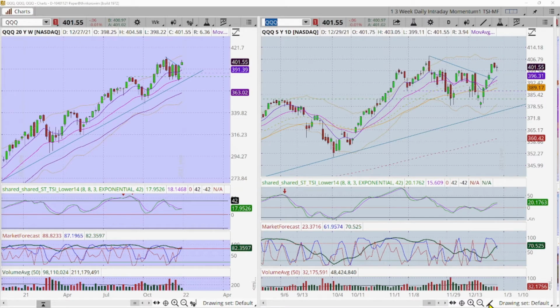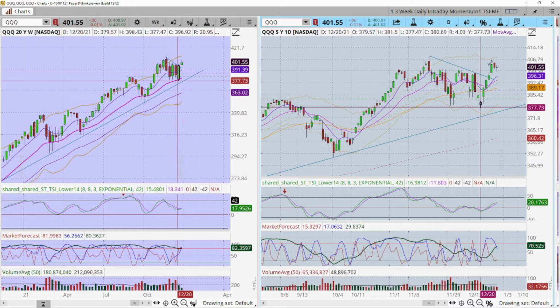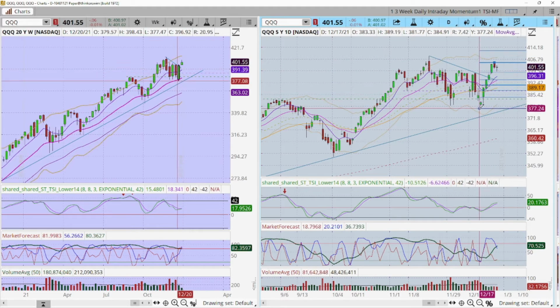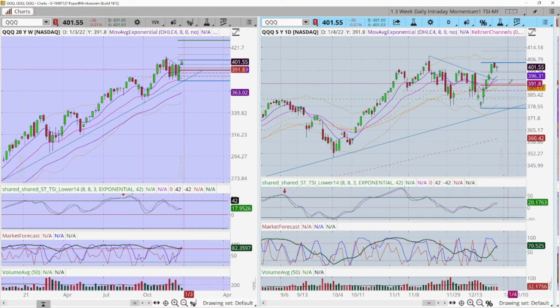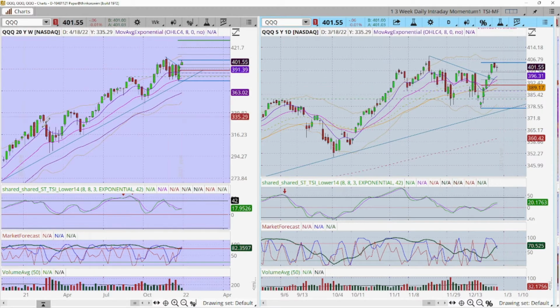Let's just throw a fib on this real quick, guys. Let's throw a Fibonacci on this just to see how deep we need to get. So if we went from the high-low, I'm just looking right now at a 50% retracement to there. And as I said, puts us about 391. So I would say anywhere between the 391 and up here at the 394. That's the number we gave you earlier. Excellent. IWM,